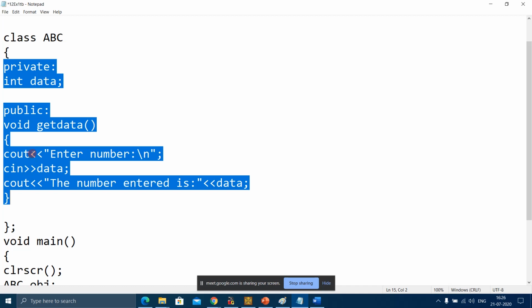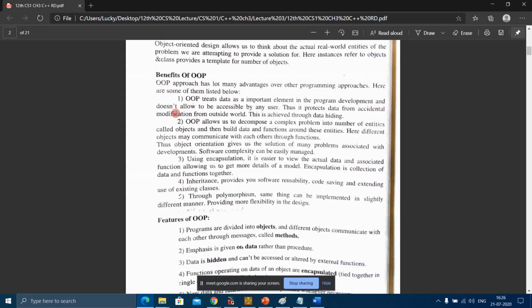All the data members and member functions are together in a class. So using encapsulation, it is easier to view the actual data and associated functions, allowing us to get more details of a model. Encapsulation is a collection of data and functions together.